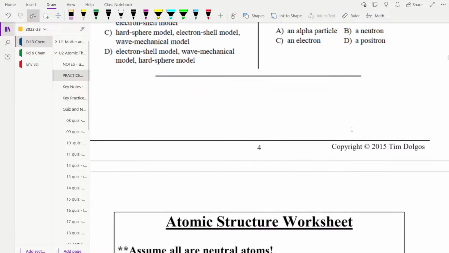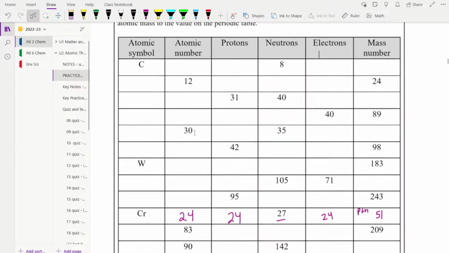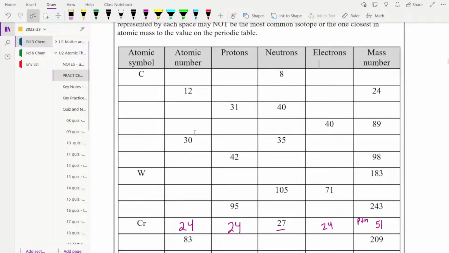All right, let's take a look at the atomic structure worksheet. Just try to recall that these seem intimidating, but you just break it down. Let's do this column right here. It seems pretty tough because they don't give you much information. They just give you the number of electrons is 40 and its mass number is 89. So we're going to need our